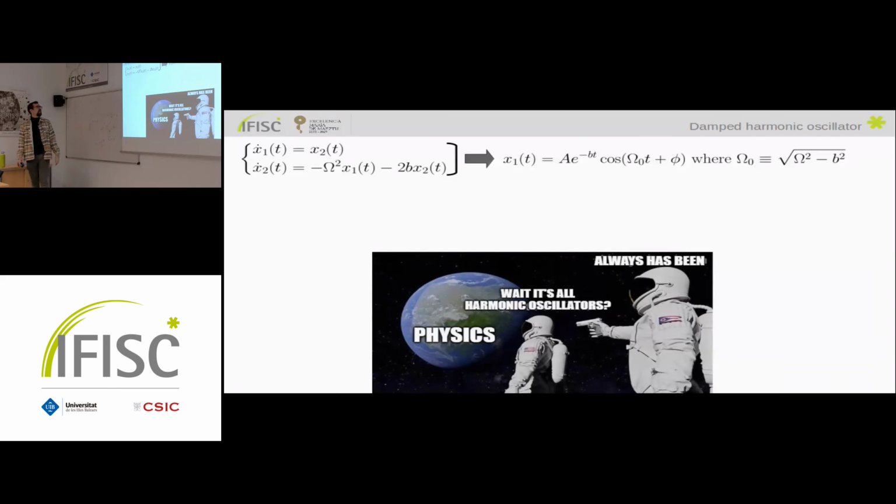Okay, so I want to do the configuration that we have discussed before. So I will create a second copy of the system, of the damped oscillator, with the exact same parameters that we have discussed before. And now, in general, I will add this coupling that we have discussed before, in which I will plug in a distributed delay. If you are interested in just a single delay, you can say, okay, the distribution is just a Dirac delta, and you will recover the result for just a single delay.